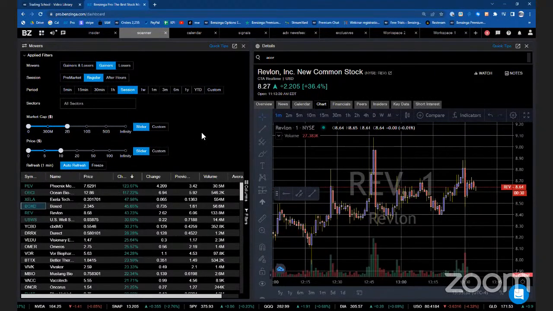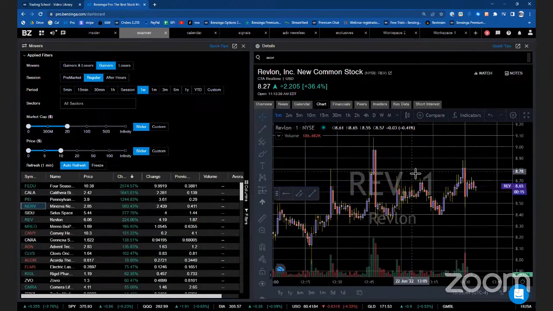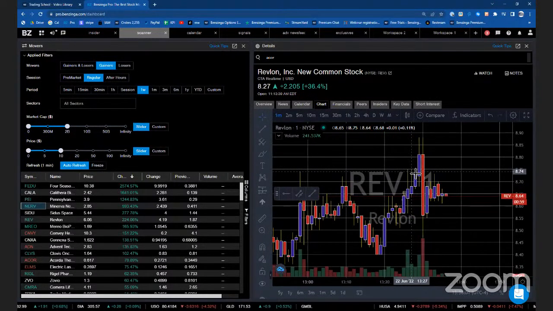So that was the scanner that I was showing you guys, right? You can apply this for the session. If you want to do something a little bit longer term, you can set up the 1 month, 3 month, all that stuff, and find longer trends that you think would continue. You have to do your research, you have to do your homework, but I'm just giving you an example of where you can get started, where there are tons of trade ideas. You just have to see which one is the right one for your strategy.